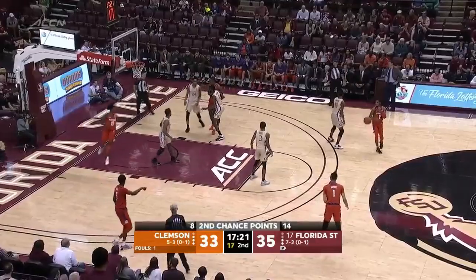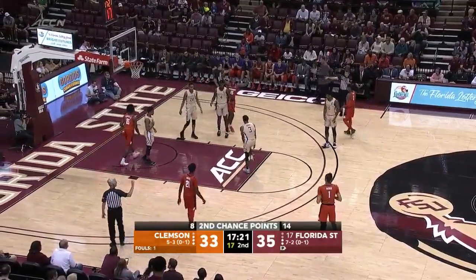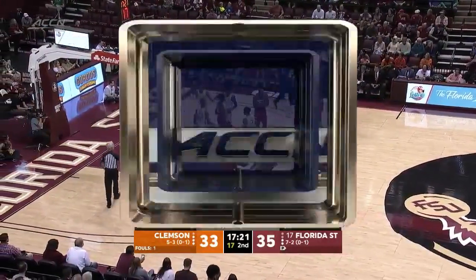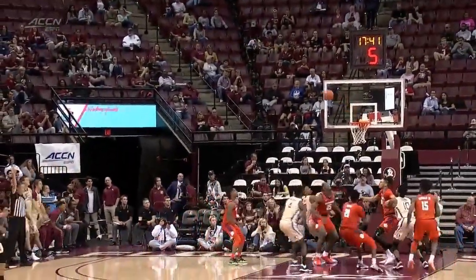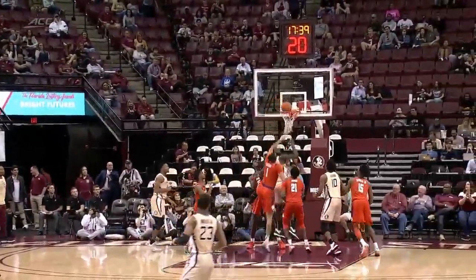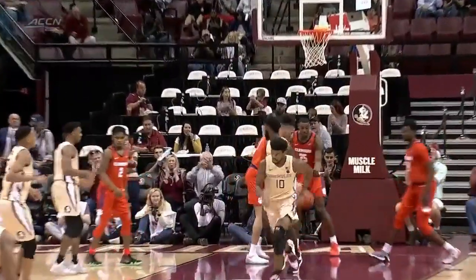There's Sims on a post-up. Good call. And that's a great call by the official. And if Dawes doesn't look in there, that foul doesn't get called. Watch how Florida State crashes the offensive glass. And that's